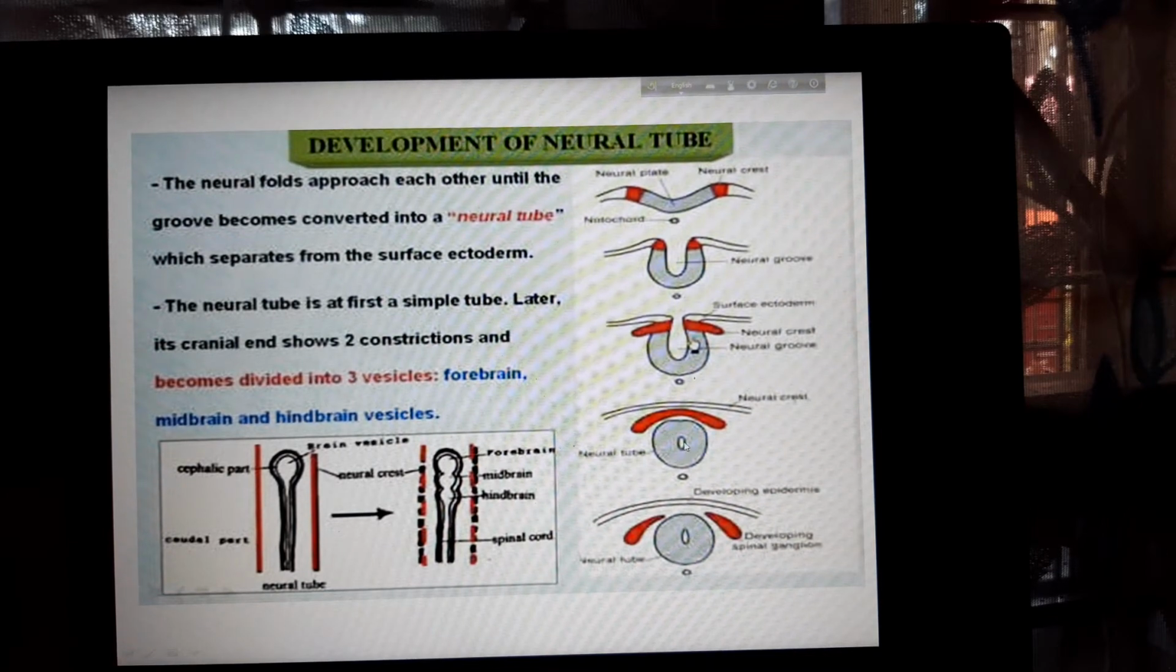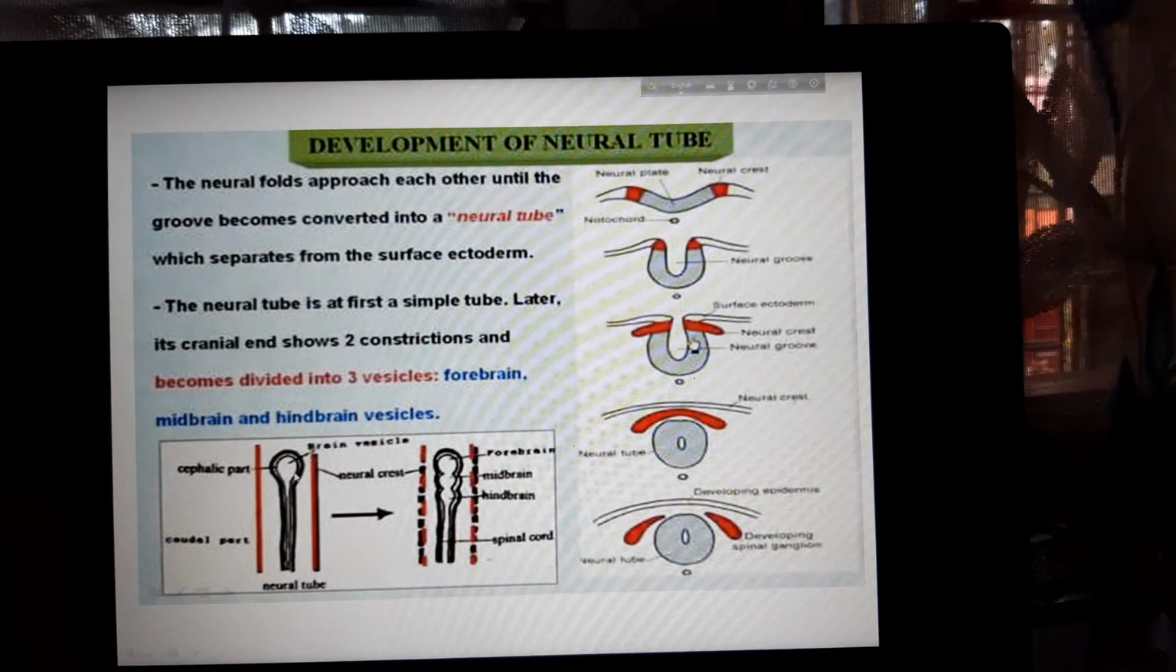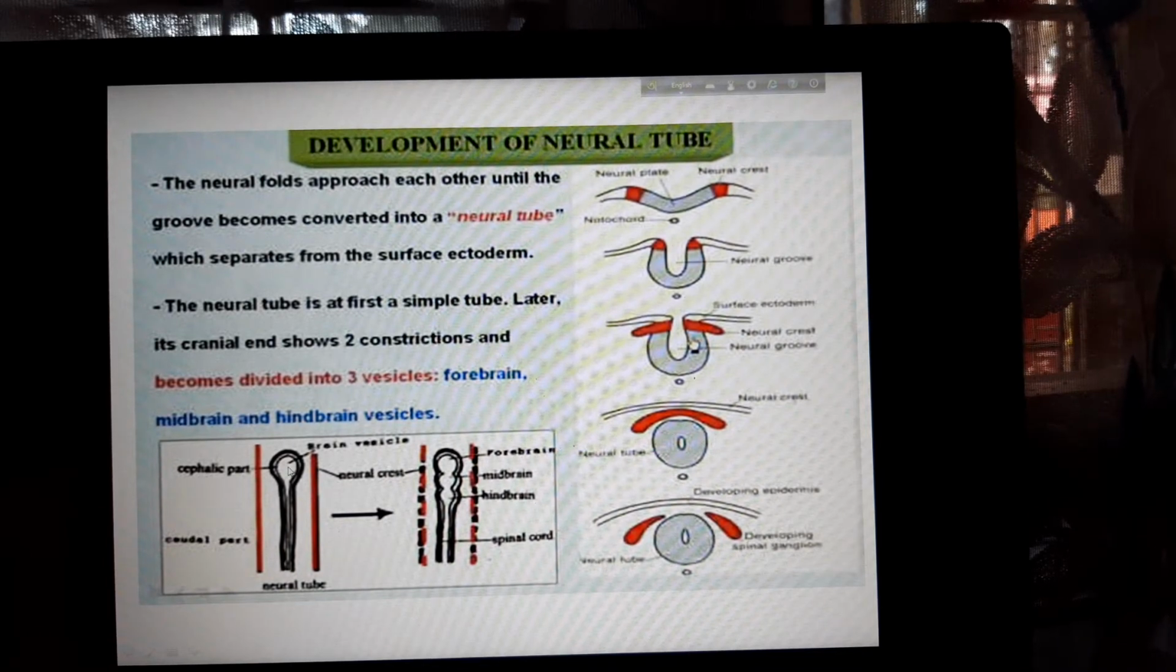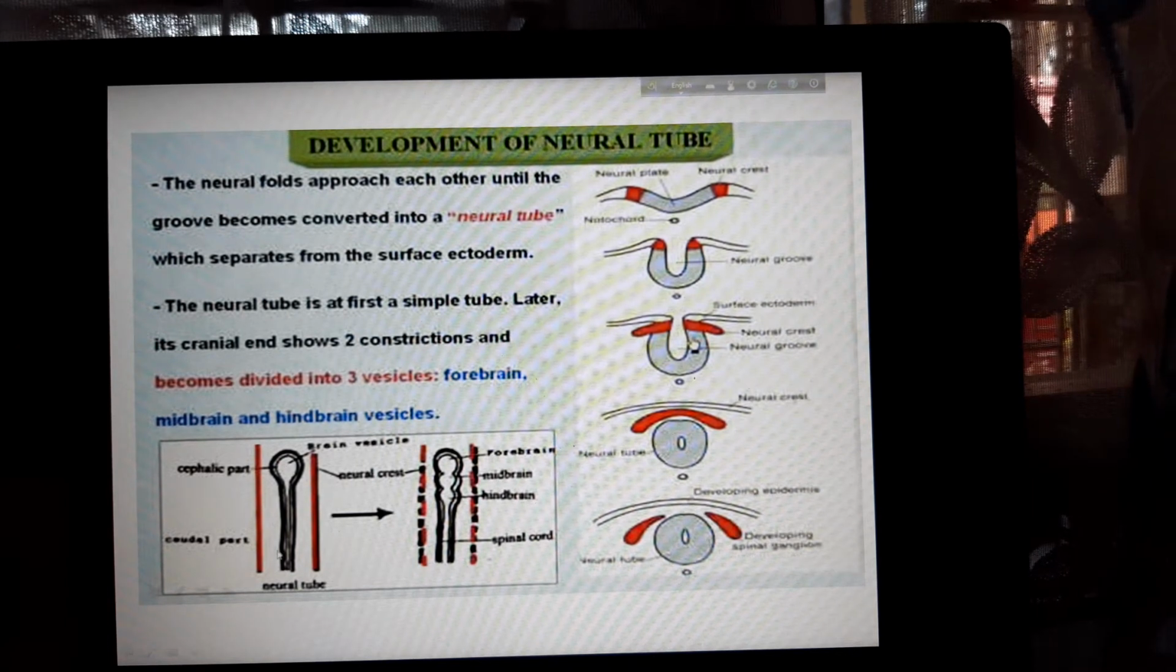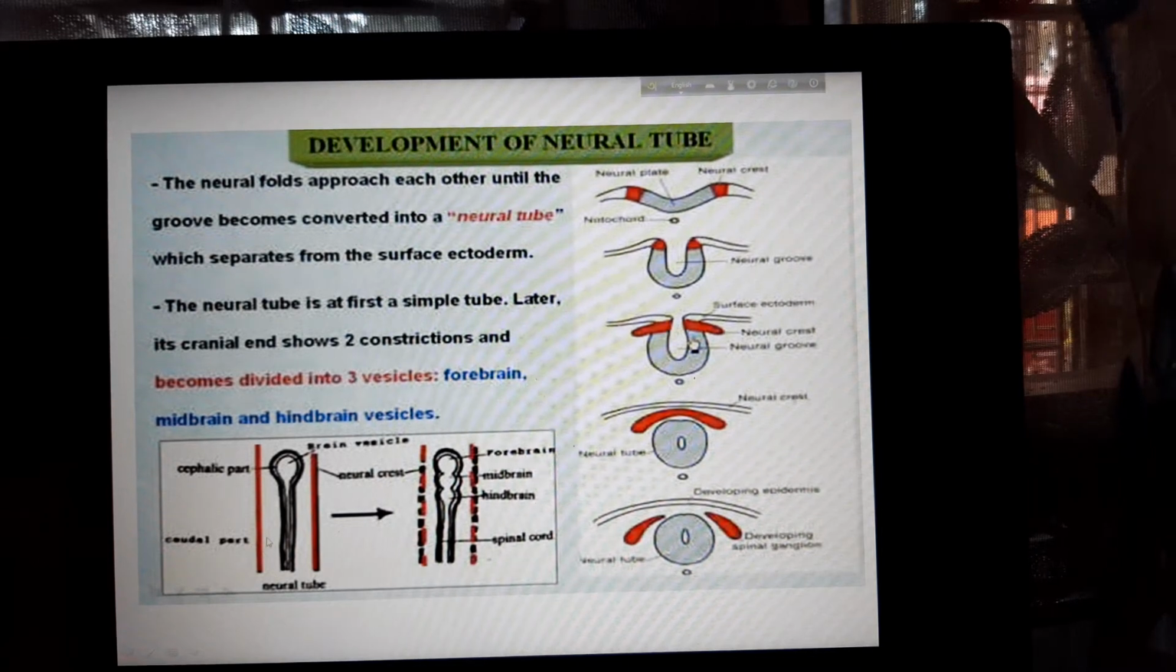This is the neural groove, in longitudinal section. The neural groove is wider in front and narrow behind. From the narrow part of the neural tube, the spinal cord is developed, and from the wider part of the neural tube,